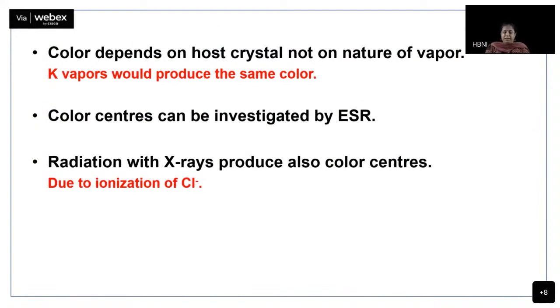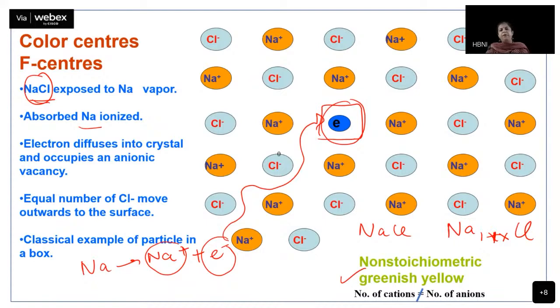And the color, of course, मेरे मटेरियल पे कौन सा कलर आएगा, what would it depend upon? I am talking about this electron in the anion vacancy, it acts like a particle in the box. We read about it in the basic quantum chemistry. Particle in the box has got energy levels, and in this particular situation, those energy gaps lie in the visible region. But particle in the box, ये जो box के dimension है, ये किस पे depend करेंगे? Energy level किस पे depend करेंगे?